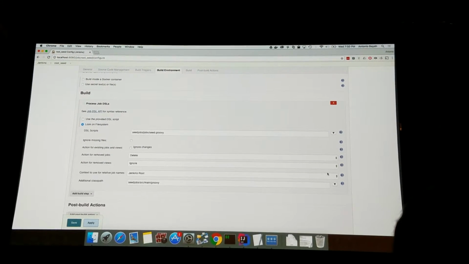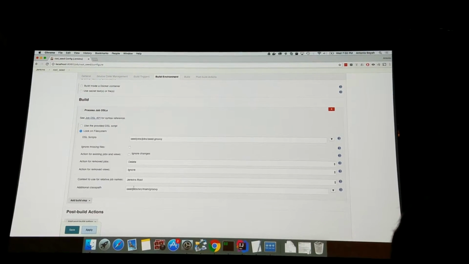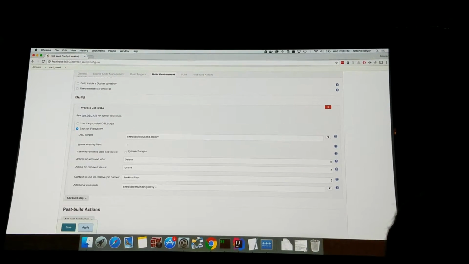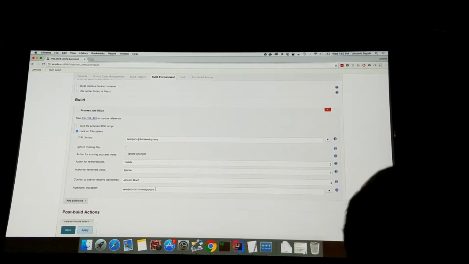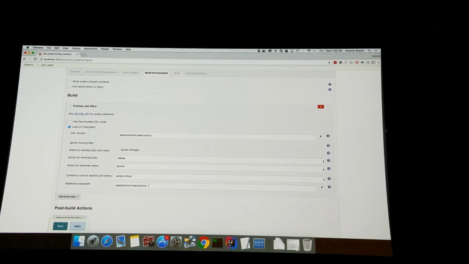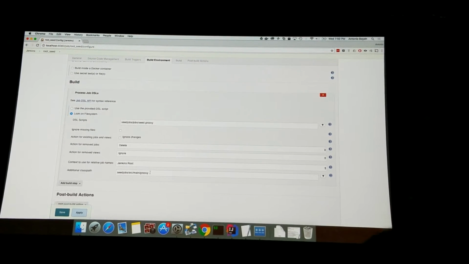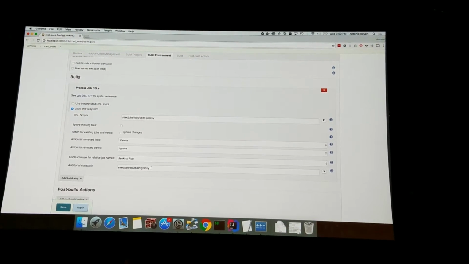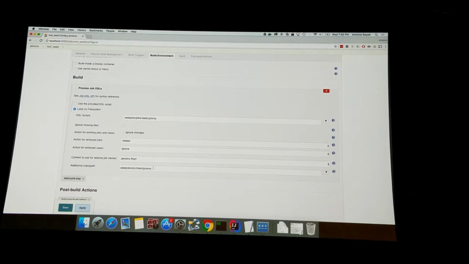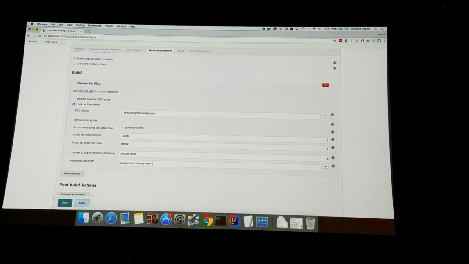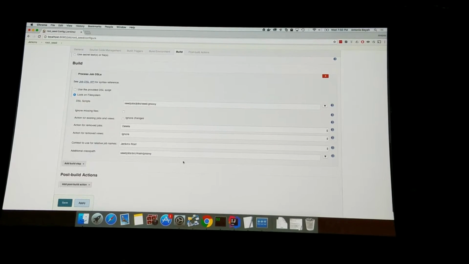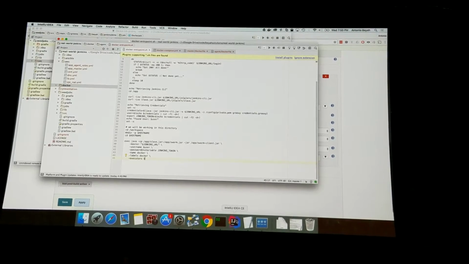Under advanced, I don't know why it's under advanced, they have an additional classpath option. So it also has the ability to load Groovy code. If you want to hit the GitHub APIs directly, you can do that, instead of doing exactly what I'm about to show, which is defining a list of repositories in your DSL. So if I open up this seed.groovy,